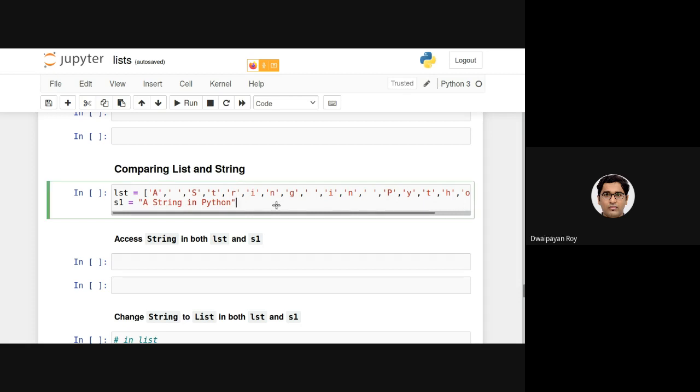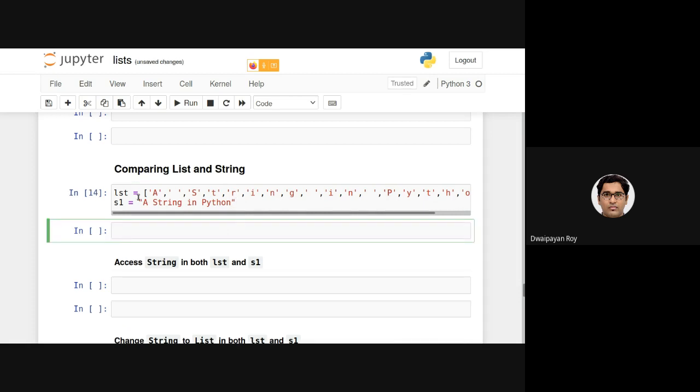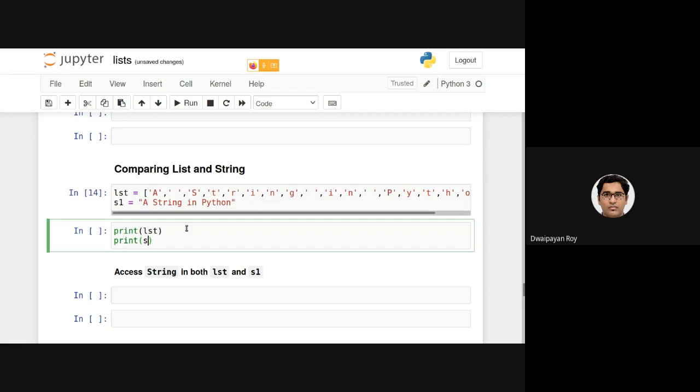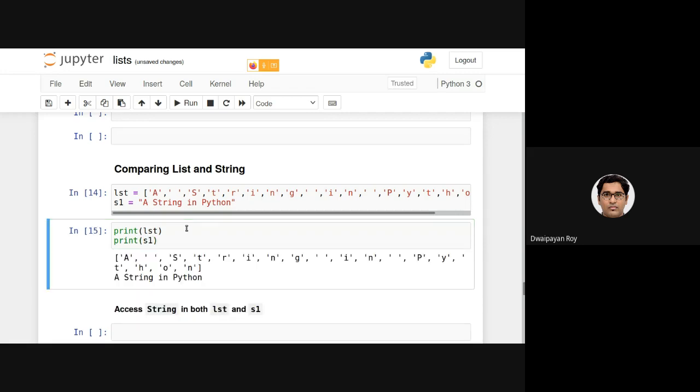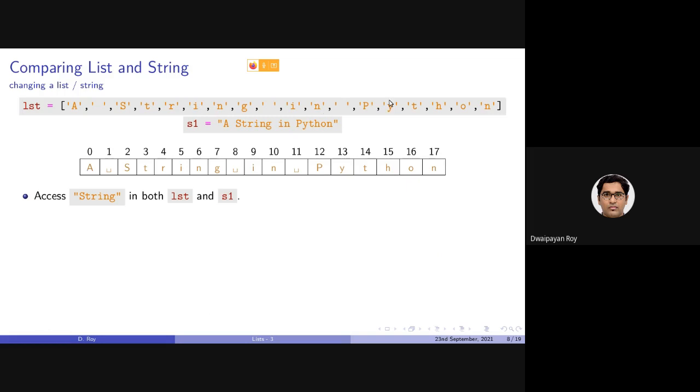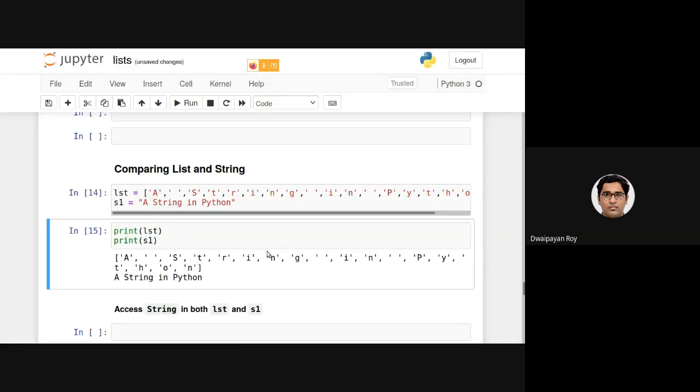I am just initializing the same two things. Let's print LST as well as print S1. LST is containing a string in Python, with individual characters as items. Here S1, which is a string, is containing the same value.